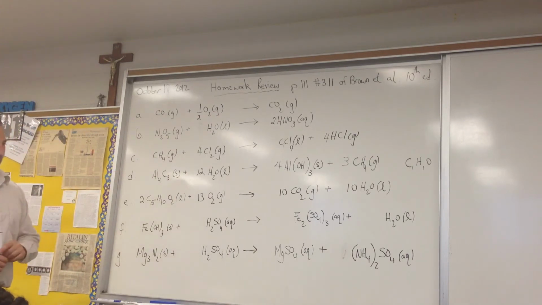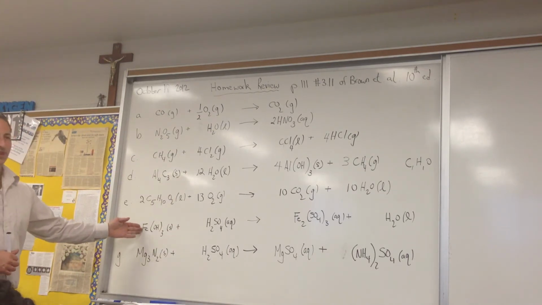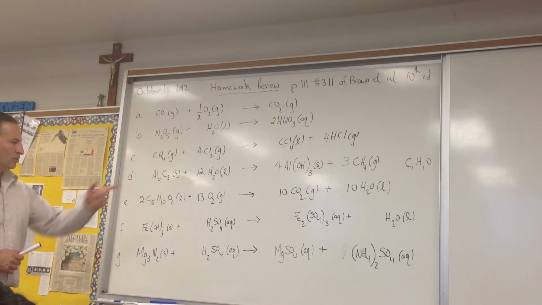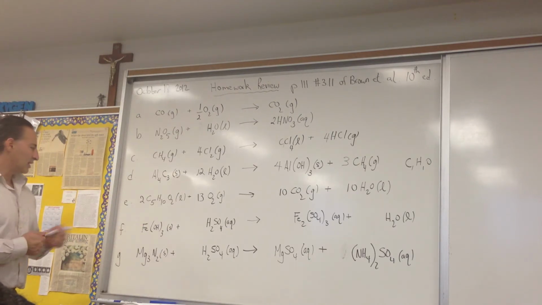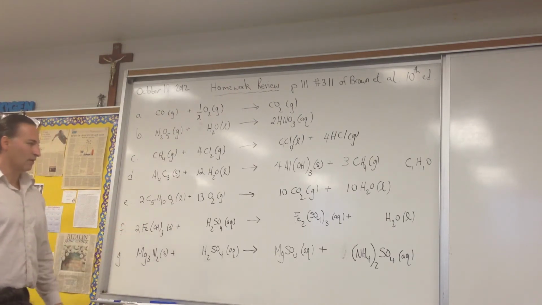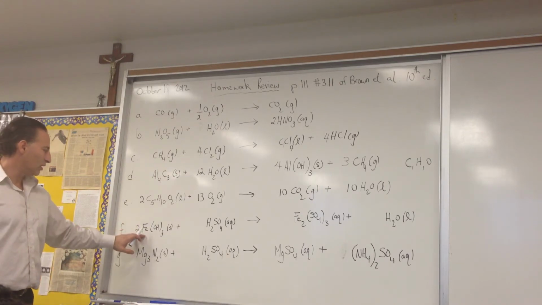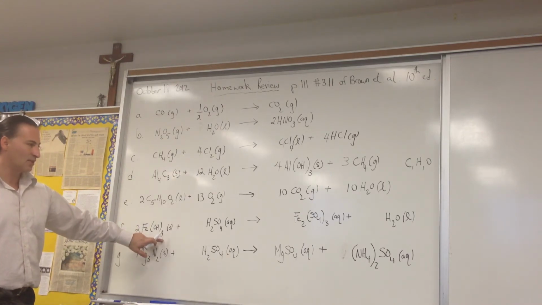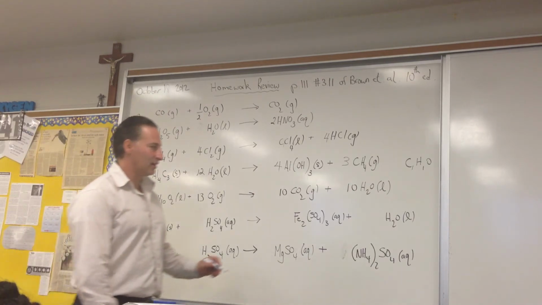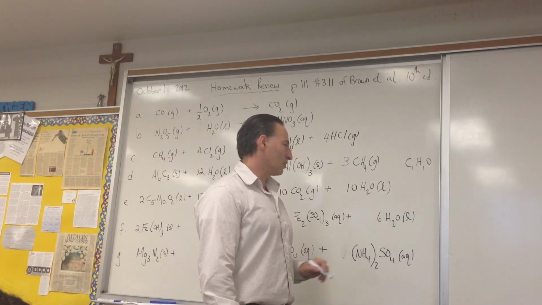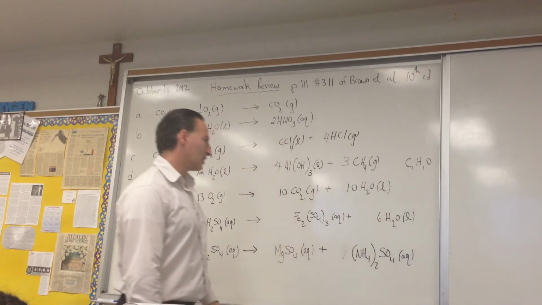You have 2 irons on the right. You notice I usually just start on the first atom. 2 irons on the right means I'm going to have to put a 2 over here for sure. If I put a 2 over here, that's going to generate 6 hydroxides. So my bet is that if I put 6 waters, I'll get the 6 oxygens I'm going to need, and